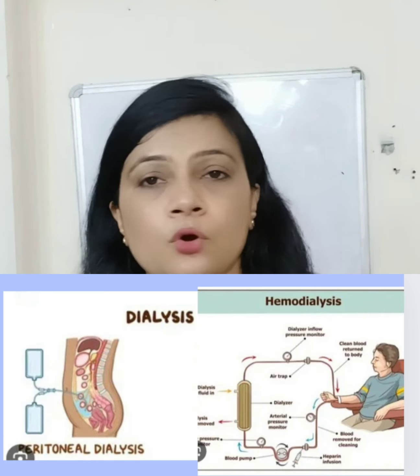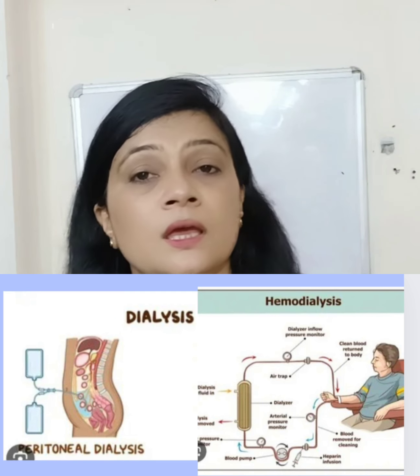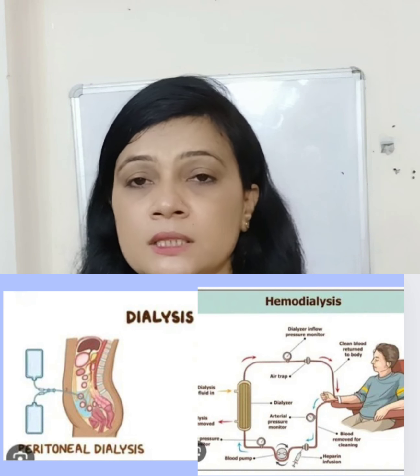Now about the diagnosis. First of all, you have to check the GFR, glomerular filtration rate. By checking the glomerular filtration rate, you can diagnose at what stage this condition is. Now about the treatment. Managing the underlying cause is the only treatment. Then finally you opt for dialysis and then kidney transplant. These are the things, and in the next video I'm going to tell you about dialysis, hemodialysis, what all the conditions and what all the complications in dialysis and hemodialysis.